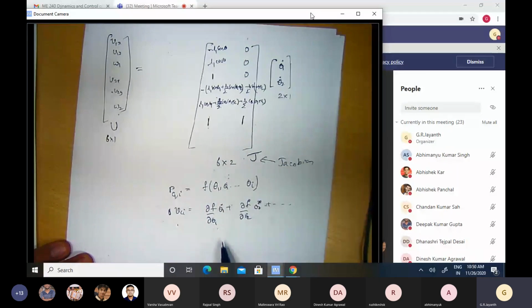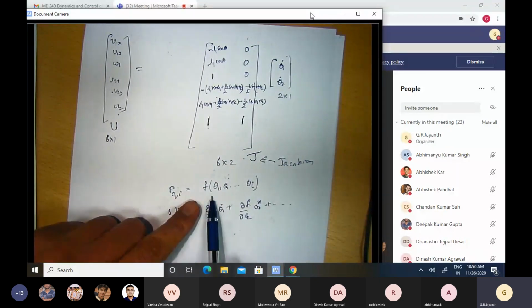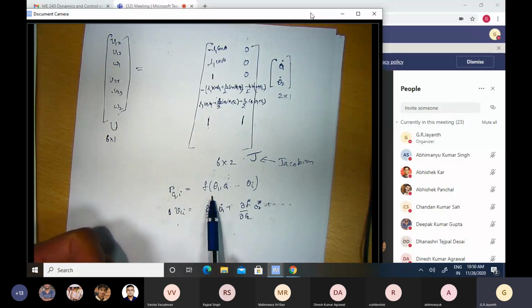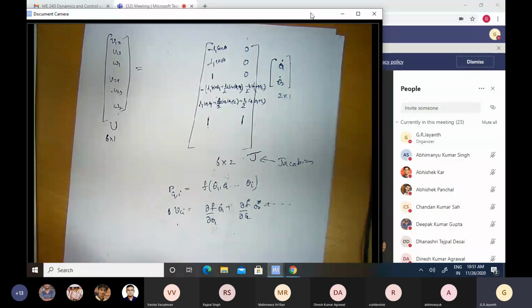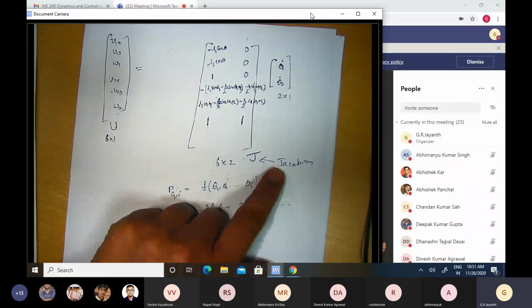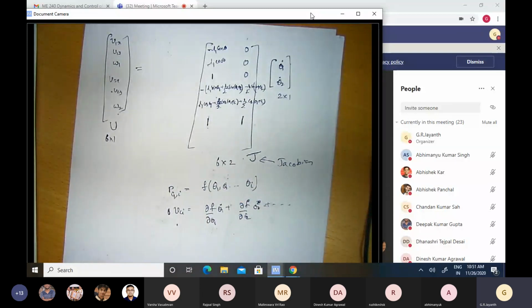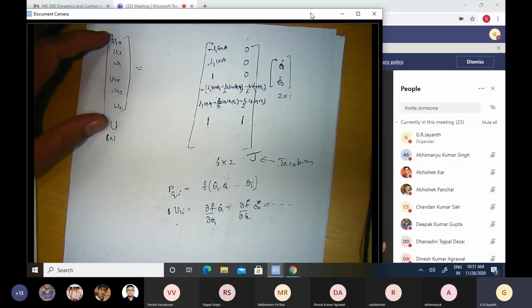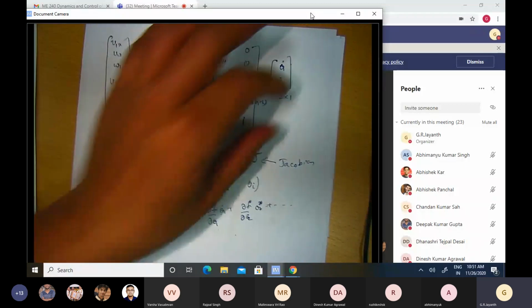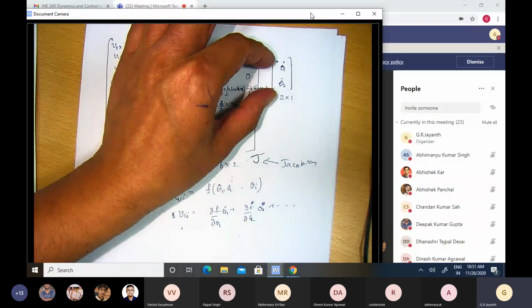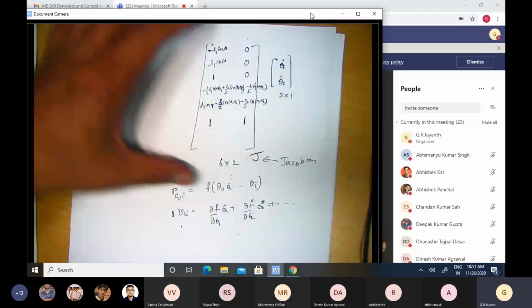So I can derive it more generally, starting from these kinds of expressions, starting from PGi equal to f of something and so on and so forth, and obtain the structure of the Jacobian. I don't want to do that because that is not the point of this whole discussion here. Suffice it to say that there is a way to obtain the dependence of velocities on the rates of change of generalized coordinates. Okay, and that is obtained by means of this.